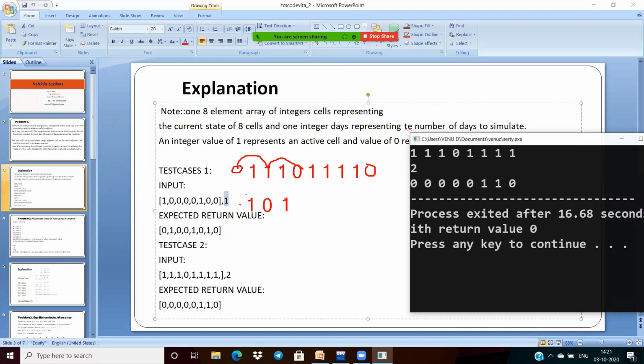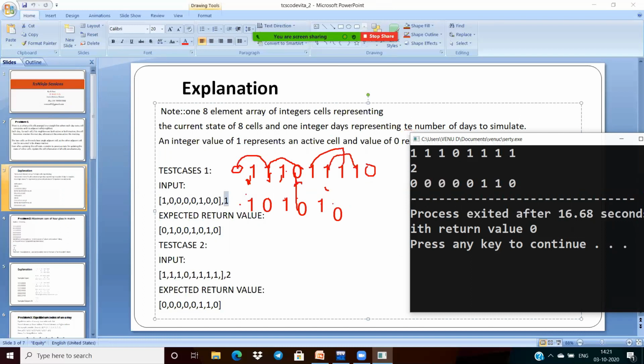And next, I'm concentrating on this here. 1 1 means it is 0. And next 0 1 means 1. So now how many days are over here? This one is finished, and second one, third one, fourth one, fifth one is finished, and next 1 1. 1 1 means again it is 0.